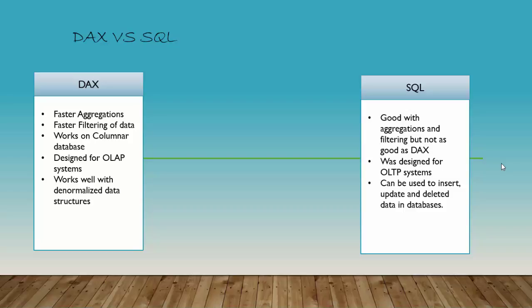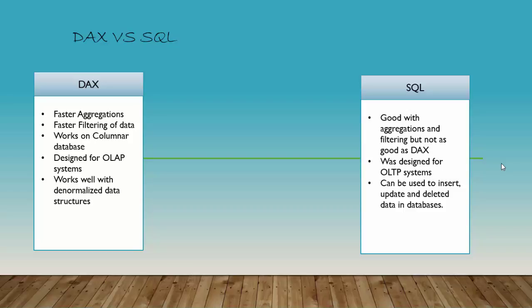DAX is for faster aggregations because it works on a columnar database. It works faster than SQL for filtering data. Also, DAX works on a tabular database which compresses the data and sits in the RAM. So it's a lot faster for analytical purposes than SQL. For example, if you looked at a high level number and then you wanted to drill down a bit, SQL would not be as fast as DAX or the underlying tabular database. And DAX works well with denormalized data structures, which is typically a star schema, which is used for business intelligence